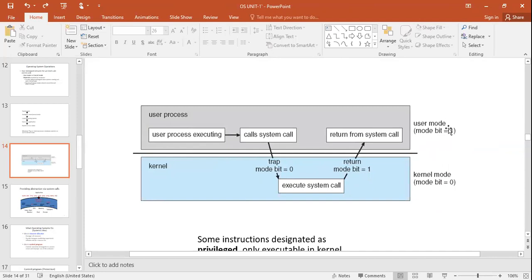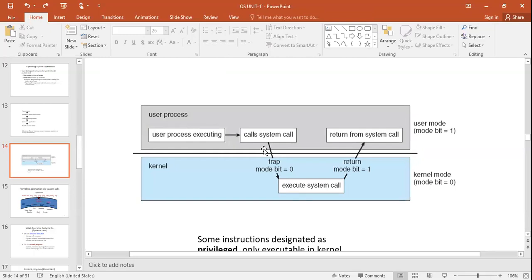As long as this bit is 1, it is in user process. Whenever it wants to get the services of the kernel, what happens? It needs to be changed to 0. That will be done with the help of a system call. Whatever service the operating system is able to provide, you can get with the help of a system call only.